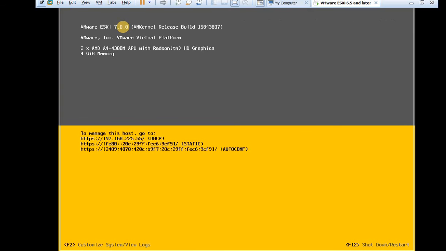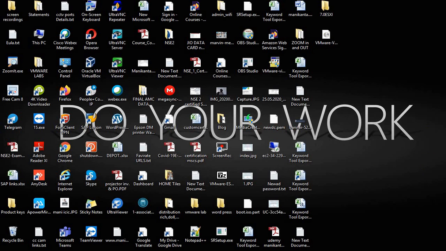Escape. First of all, we have to log in to this IP, 192.168.255.55. I'm using Mozilla Firefox.